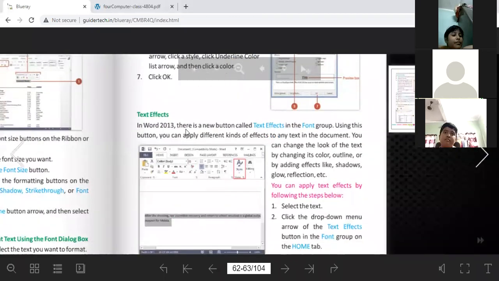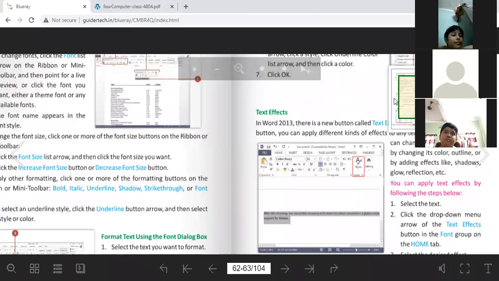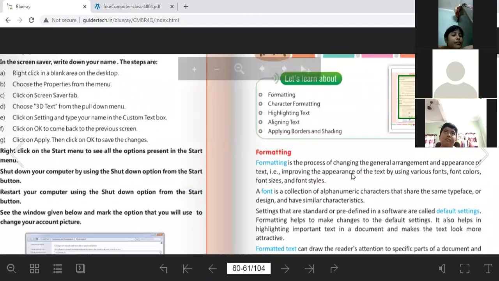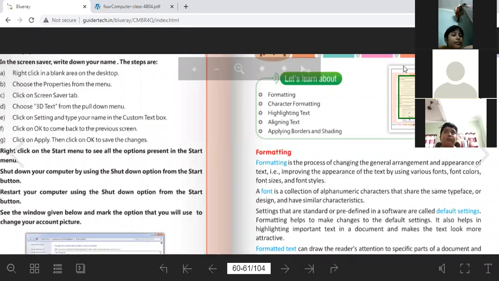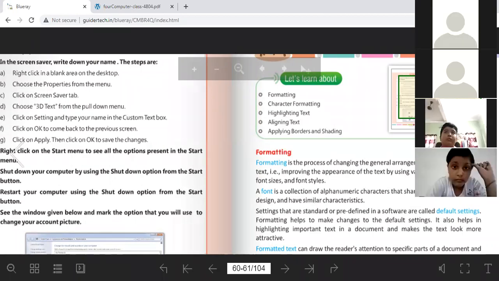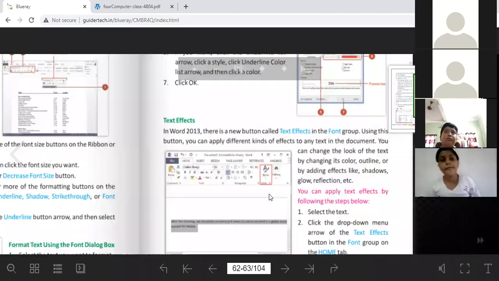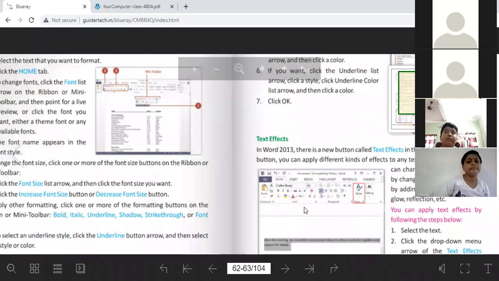Now, the next is text effect. In Word 2013, there is a new button called effect in the font group.